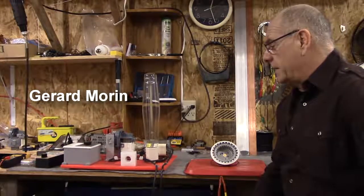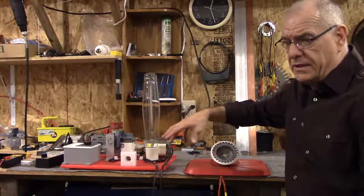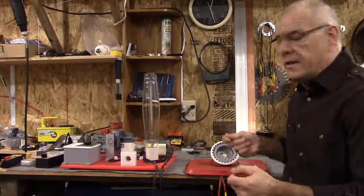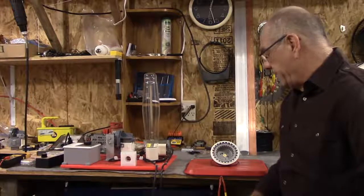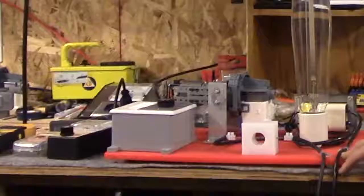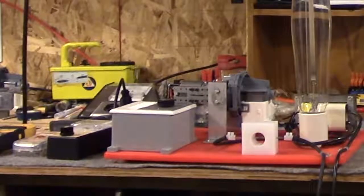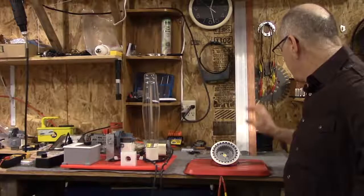What I want to do today is make a video of the small machine, since the first machine is the one that actually started me trying to understand what we have been using for energy and light and making everything move around this planet. I've come a long way from the small one on a piece of plywood, and I just got this one. It's got a more powerful motor and a bigger transformer, double the size of what I was using in the beginning. I will be showing you how